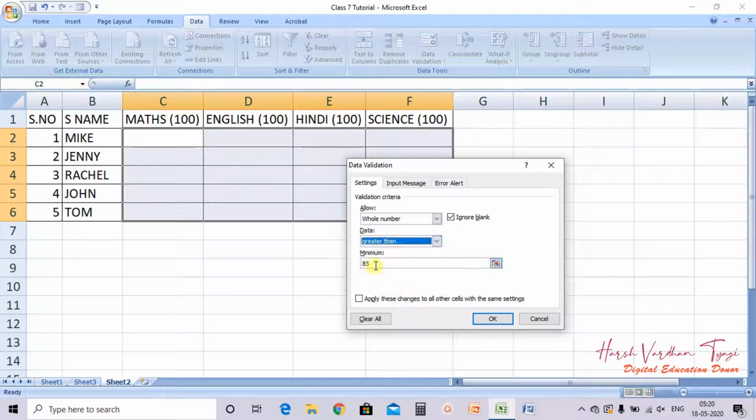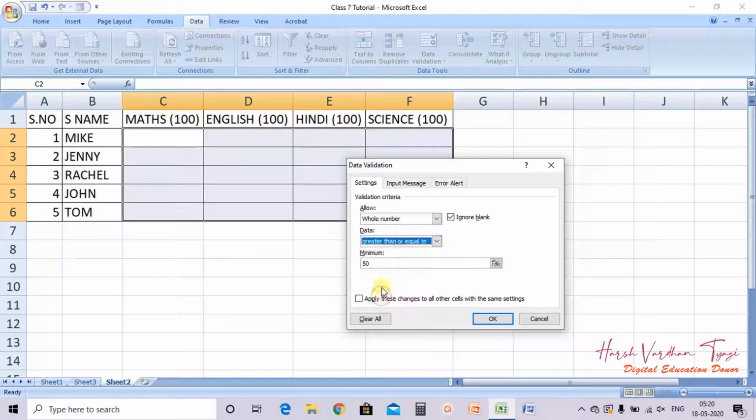Greater than, suppose I have entered here 50, so you can enter the values which are greater than 50, not less than 50. 51 or any other value which is greater than 50. Clear? Less than, suppose it is 50 again, so you can enter a value less than 50, not greater than. Less than 50 you can enter in this cell but not greater than that.